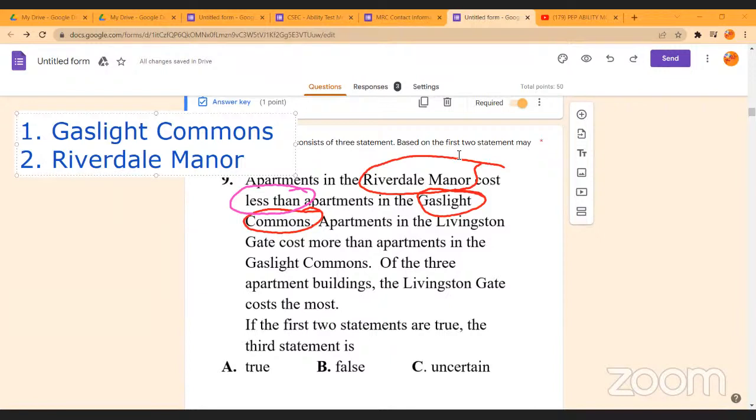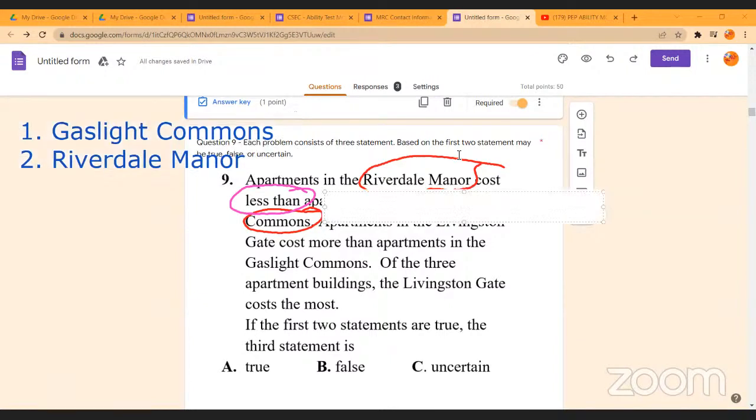Go on. You have to start from the top, number 9, miss. No, just apartments. That sentence. Apartment in the Riverdale. No, you're starting from here, honey. Right here. Yes, miss. You're starting from right here. Go on. Apartment in the